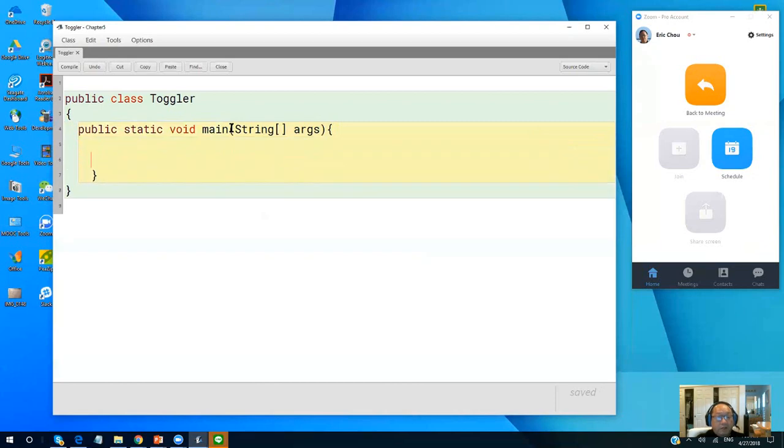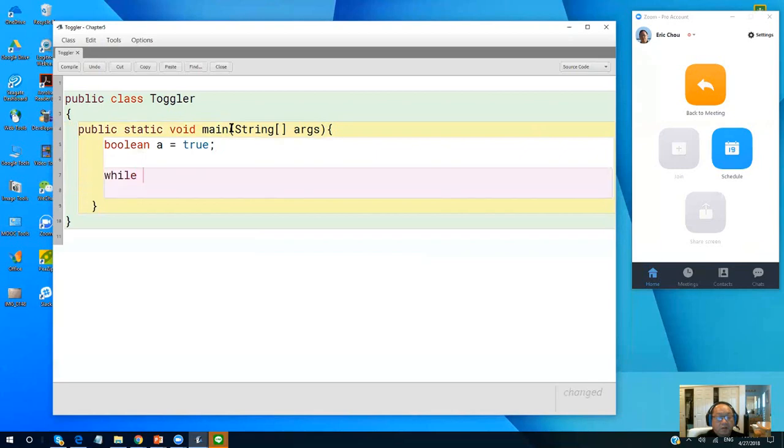Right here I have a program, and I say boolean a equals true. Then I write a for loop: for int i equals 0, i less than 10, i plus plus.